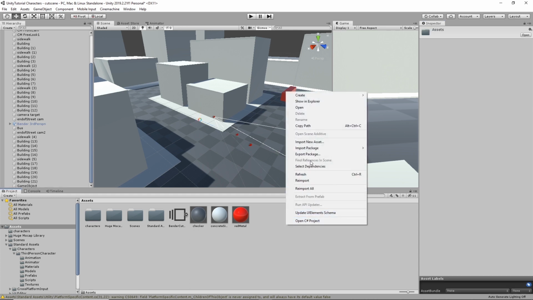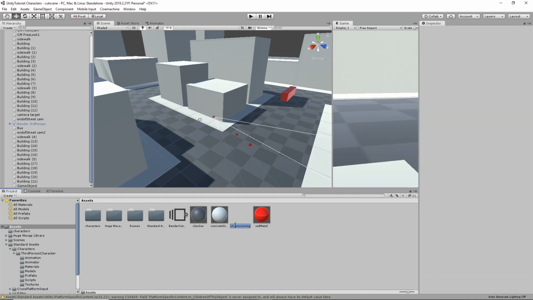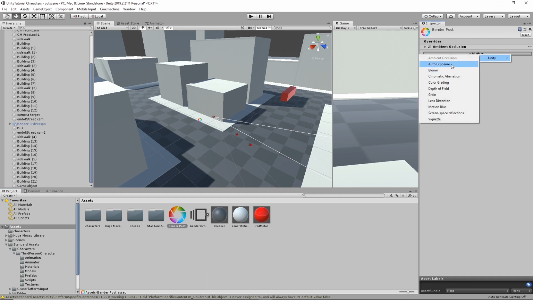So what we can do is in our project assets, we will make a post-processing profile. You need this profile in order to create a bunch of different kinds of post effects looks for your scene, and I'll show you what these look like. So we're going to call this Bender Post. Select that, and then to get anything into it, you have to add an effect. So you'll say Unity, and then we can add ambient occlusion. I don't want the auto exposure, we'll add bloom. I'll tell you what these are in a minute. Color grading,